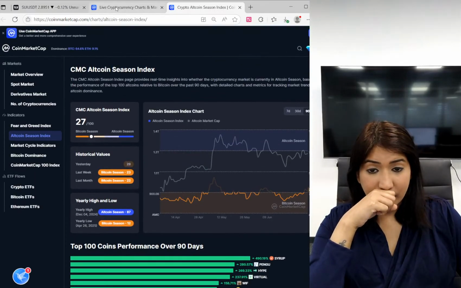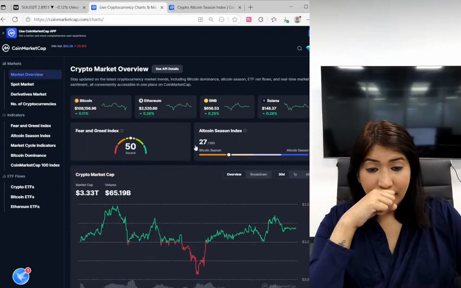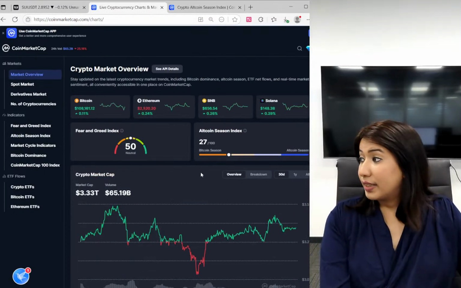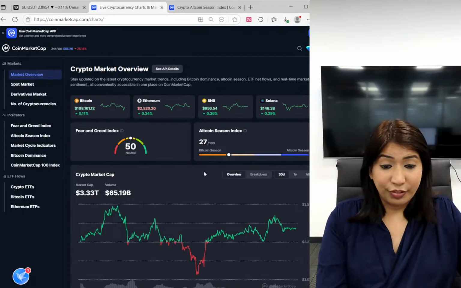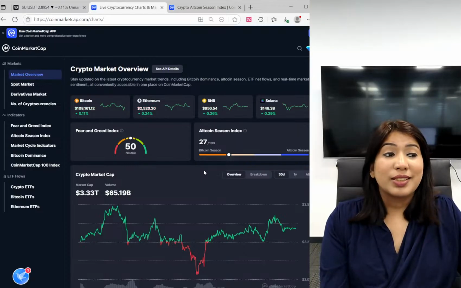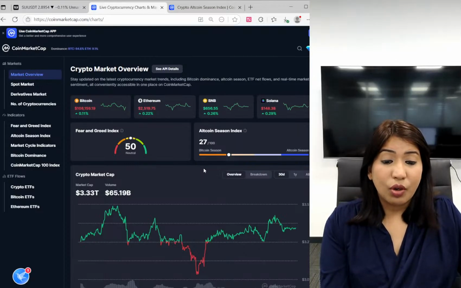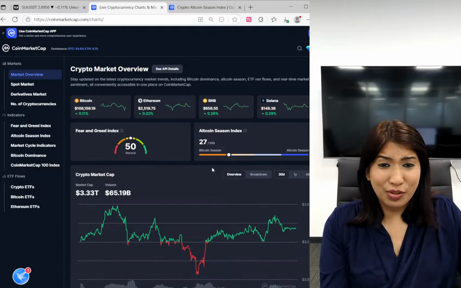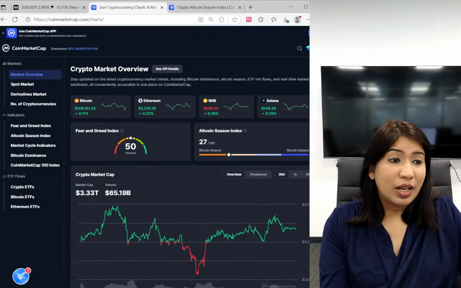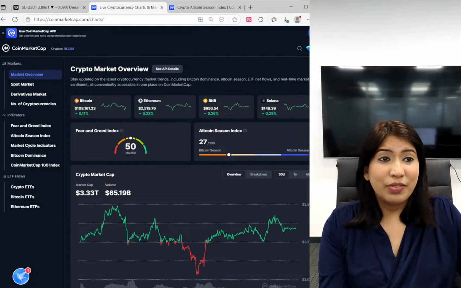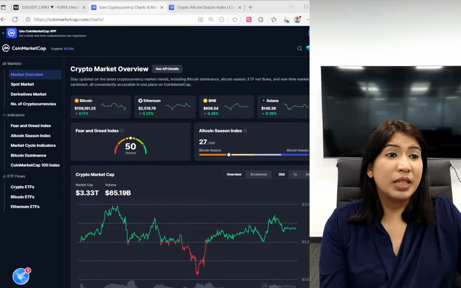So it does point to that, and then we can see that the fear and greed index stands neutral. It's at 50. The market capitalization stands at 3.33 trillion. Volume is at 65.19 billion. Of course, the volume seems to have gone down, and probably one of the major reasons that could be hampering